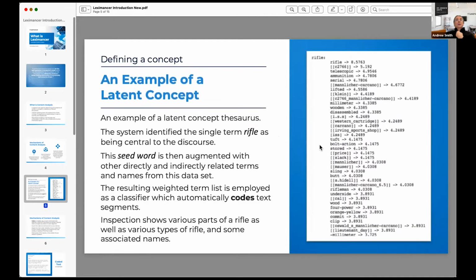Anyway, we'll talk about latent concepts. I did kind of mention that Leximancer built its concept model from the data. And this is a thing called a latent concept. There are techniques called latent semantic analysis or topic modeling, which you'll see in the literature. They are similar in a way to what Leximancer does.